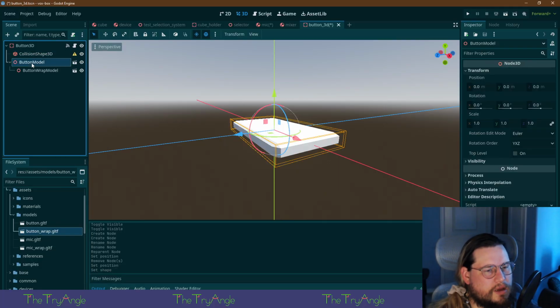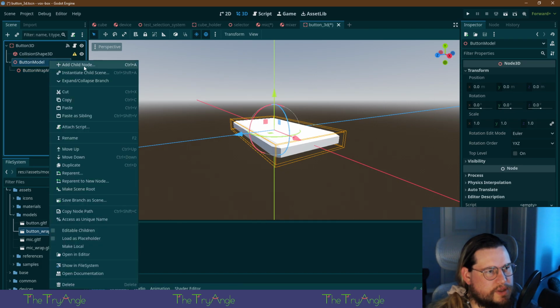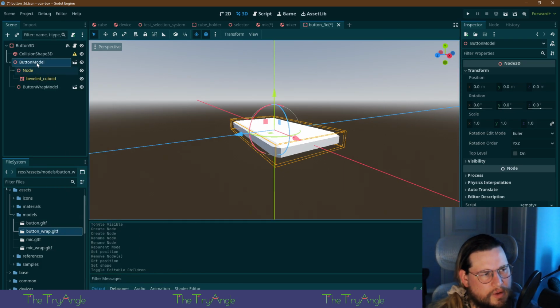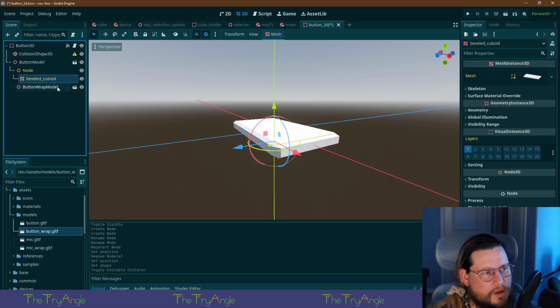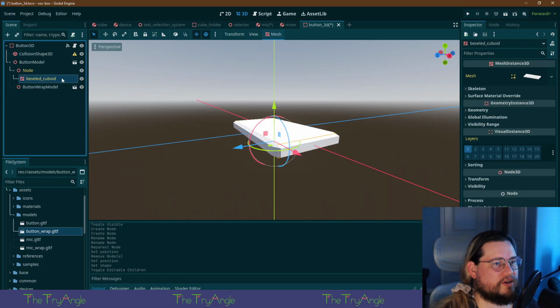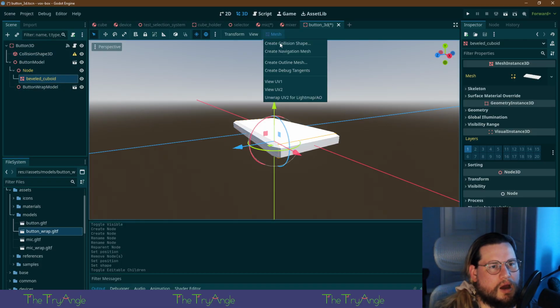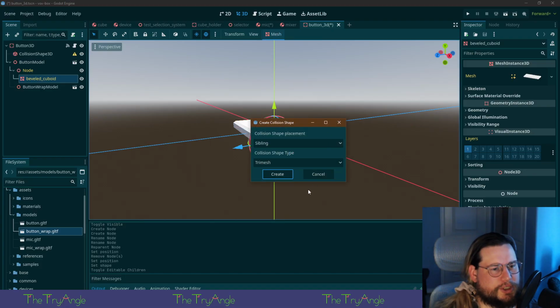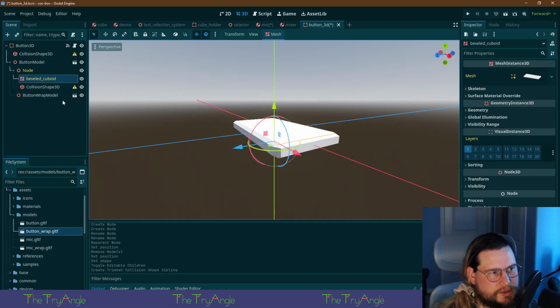Oh. How do you do this? Let me think here. The beveled cuboid. Collision shape. Sibling draw mesh. Yes.